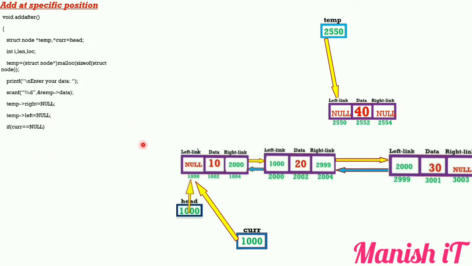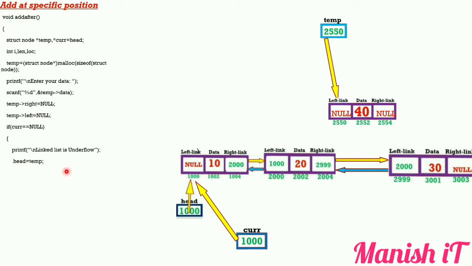So see, our function has been created. We have to once again check our condition. If current is equal to NULL, here current means what? Temp, because current and temp are not equal. So you can write here also head is equal to NULL. In that situation it gives a message to the user that the linked list is underflow, that means empty, and that time head is initialized with temp.